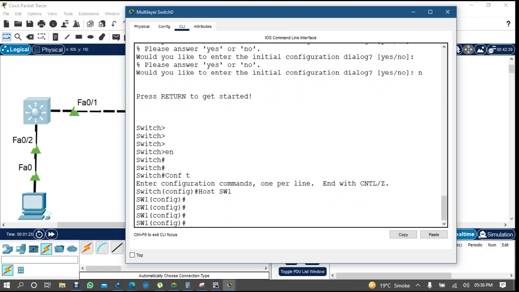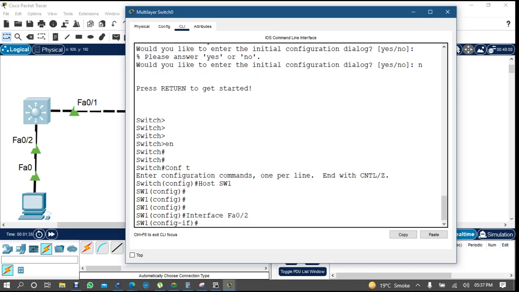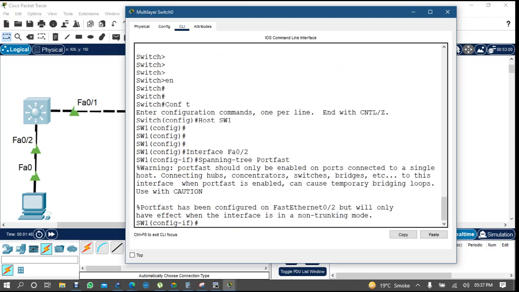So what I will do, interface fa0/2, spanning-tree portfast. Okay, so it's enabled now, and it's saying